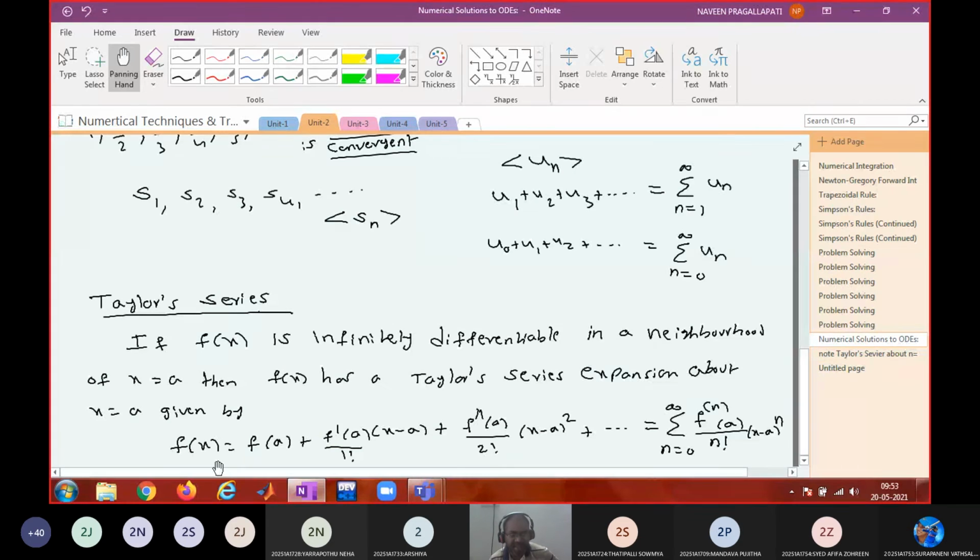Taylor series is different. Okay, so if I give a equal to 1, you will get powers of x minus 1. If I give a equal to minus 1, you will get powers of x plus 1. Okay, so you can write a function into a series in several ways, because I can replace a with different numbers. Only thing, the function has to be differentiable around those numbers. As long as it is following that, then I can write a function into a Taylor series in several ways. Okay, shall I proceed?